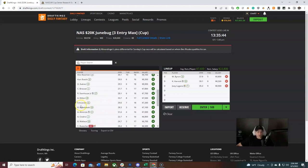But one driver who I do like, who's kind of cheap, is Brad Keselowski, and he is going as the 4th driver in the Core 5, the Fast 5. What do you guys want to call it? I don't know. Fast 5. The Geek's Fast 5. Maybe we'll call it that. Anyway,